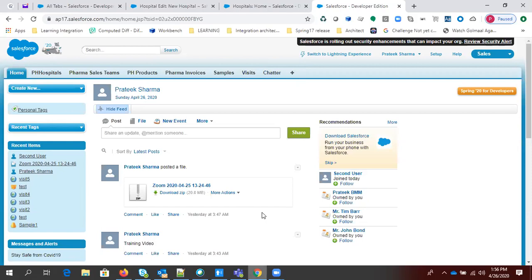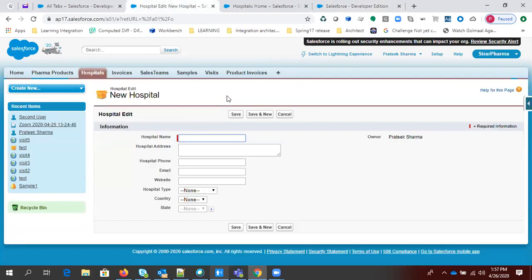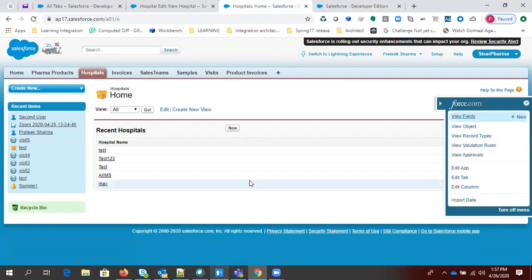Guys, any question till now? Did you understand what a profile is, what all the things you can do with a profile, and how it generally works, right? How many things you can do with the profile, and by changing the settings on the profile, user permissions will be affected, right? Any question from anybody?